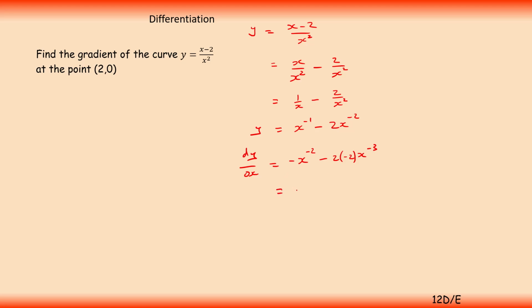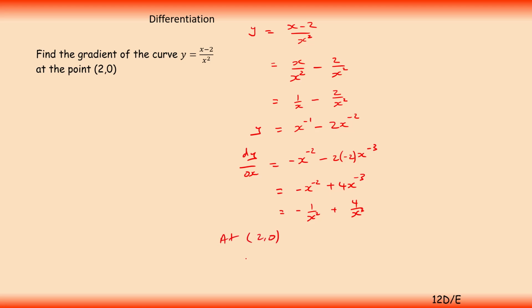Simplifying, we've got minus x to the power of minus 2 plus 4x to the power of minus 3. So we can say that's equal to, reciprocal, minus 1 over x squared plus 4 over x cubed,